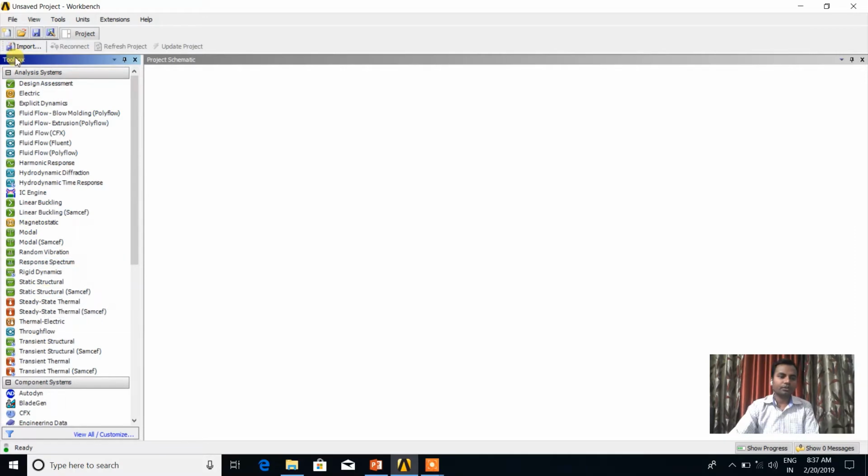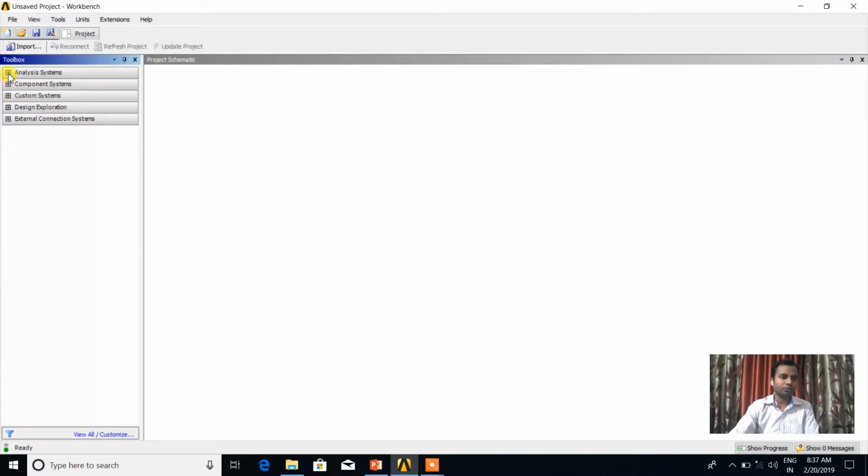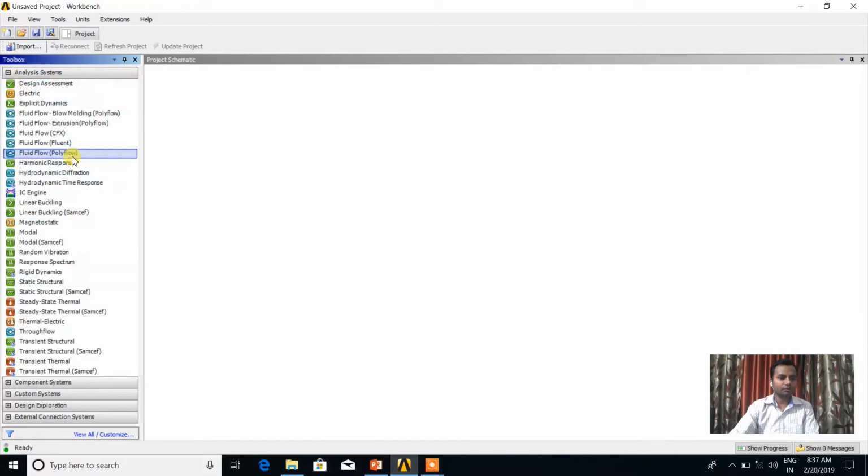So if you work on a separate system, you can take any module into the ANSYS environment. Instead, we will directly go to the analysis system, because all the things are included here, and basically the pre-processing, solution and post-processing can be carried out from the analysis system.